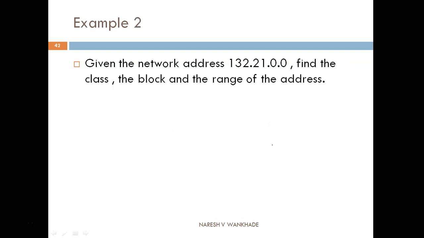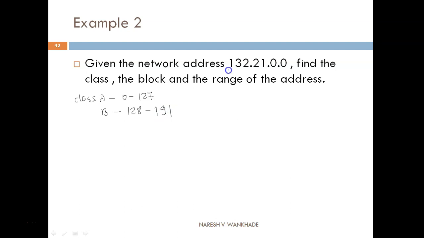Second example, given the network address 132.21.0.0. Class A starts from 0 to 127. Class B starts from 128 to 191.